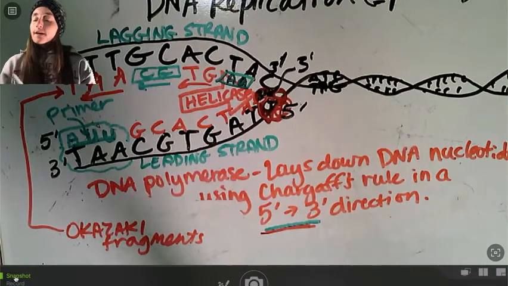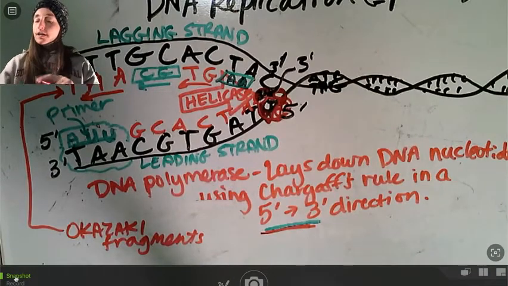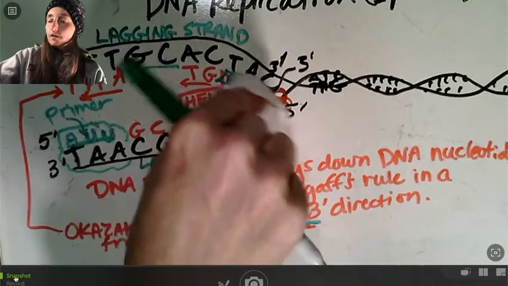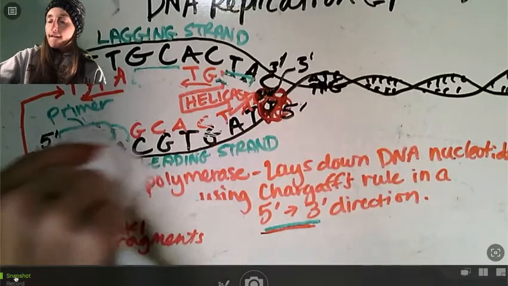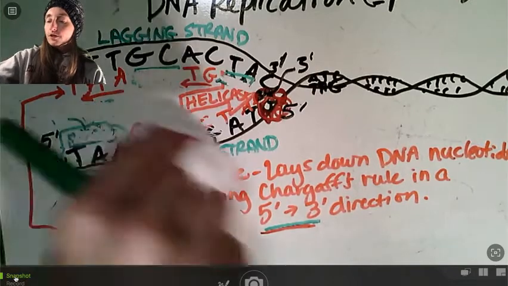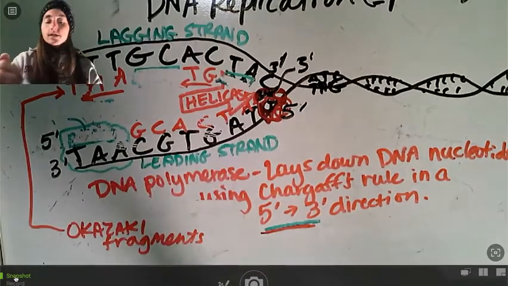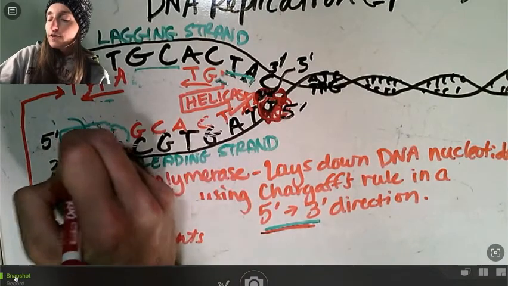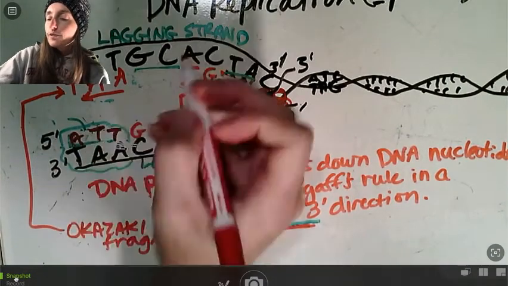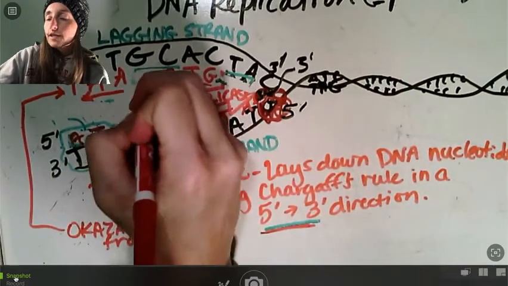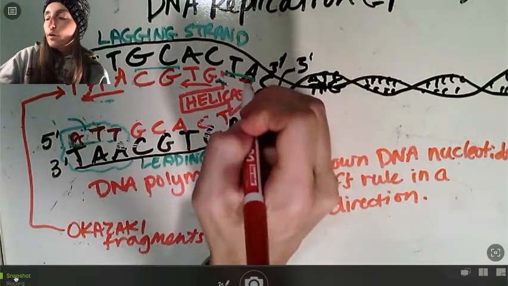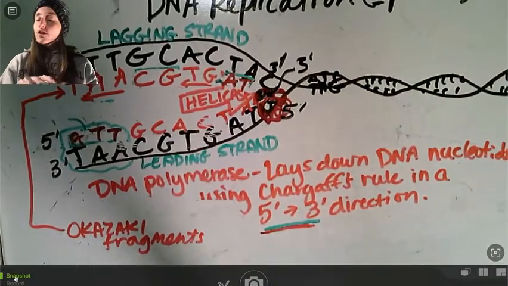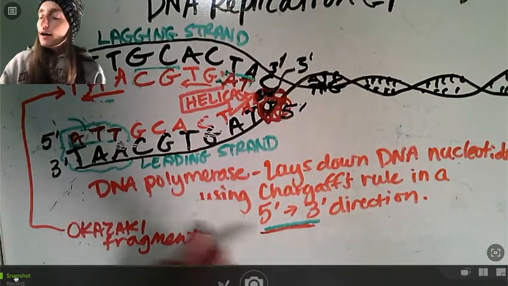Okay, then your primer gets removed. So primers get removed. Let's get rid of the primers. And in their place, a different polymerase comes in and fills in the gaps with actual DNA. You have to have DNA. You can't end up with primer with RNA in your DNA. That's a mess. Okay, and then our final guy, our final